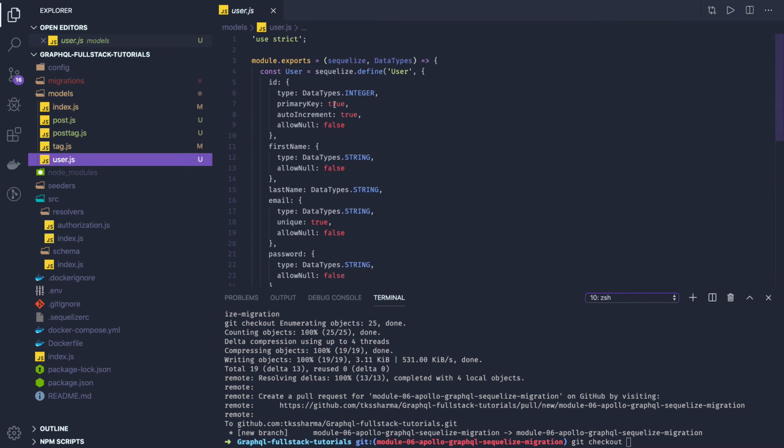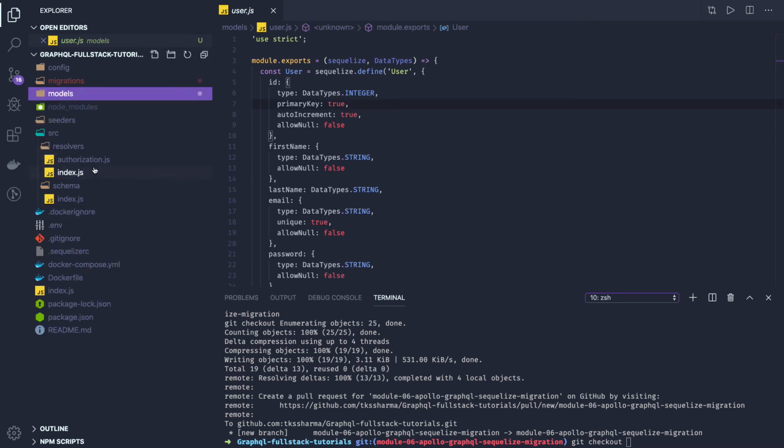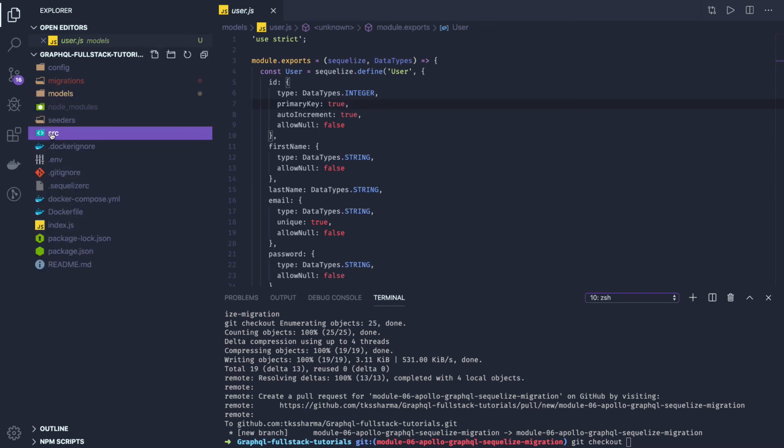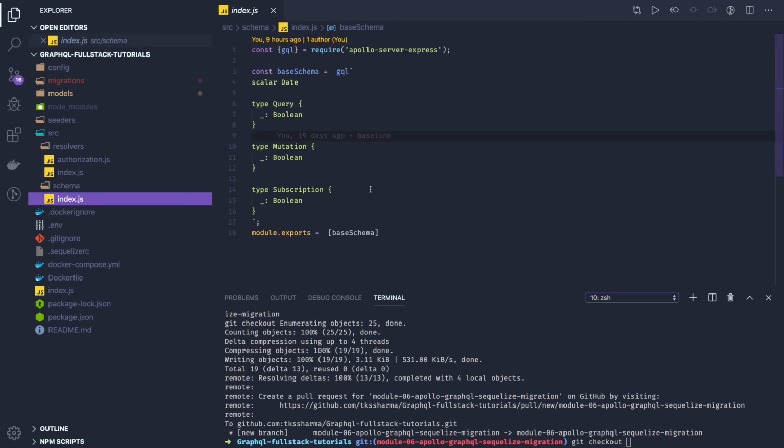Okay, now let's come back to our GraphQL implementation. We have created a server. Now we'll define the schema. So schema we can define inside src resolvers, and schema we have already created. The schema will be divided into multiple entities. We have a user schema, post schema, tag schema. So instead of creating one single file of schema, we will be dividing that into multiple files, and here we will be merging them.